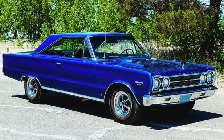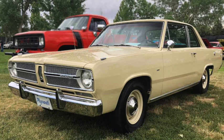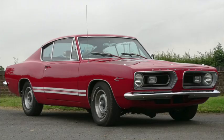Then 1967 would introduce the gentleman's muscle car, the GTX package, nicely equipped and powered by a 7.2-liter 440 Super Commando or 7-liter 426 Hemi with 375 to 425 horsepower, a mid-13-second car capable of 135 miles an hour. The small cars were restyled the same year, with the Valiant and Barracuda becoming much more distinct, not only in styling but in powertrains, with the Barracuda getting a wider range of bigger V8s, starting with the 383 and later